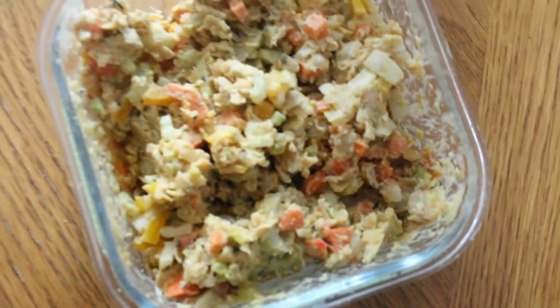For the chickpea salad, this is the part that really sucks, because I wanted to show you all the difference between cooking your chickpeas and just mashing them straight away for your chickpea salad. And I think cooking them makes them flaky instead of mushy like mashed beans. So I really wanted to show you guys that, and unfortunately I didn't get that clip, but I did get